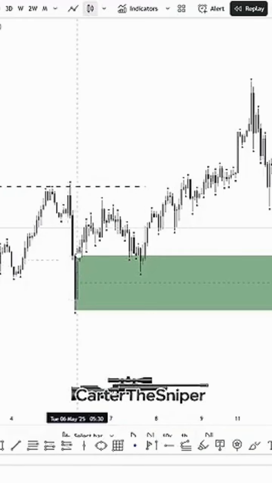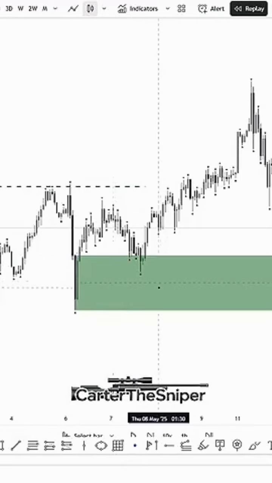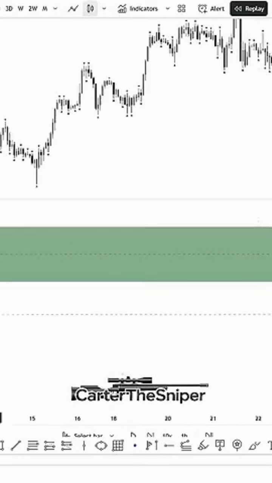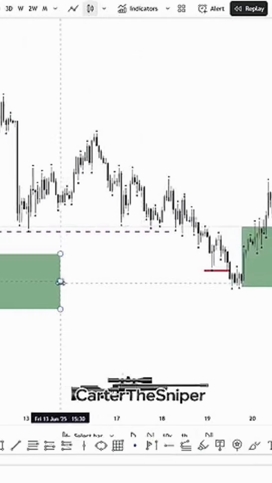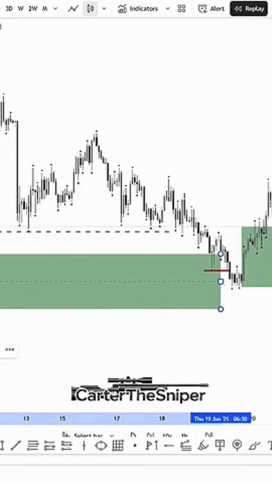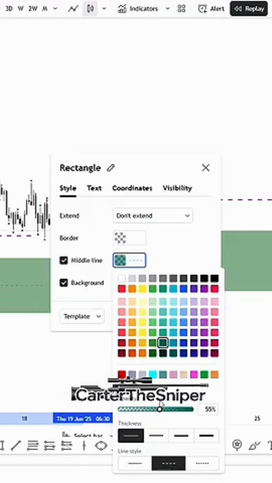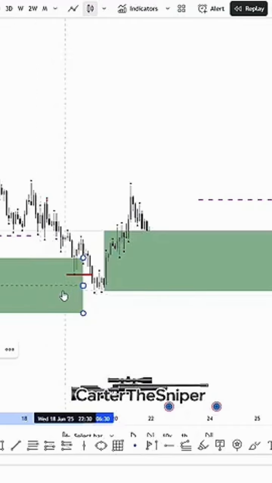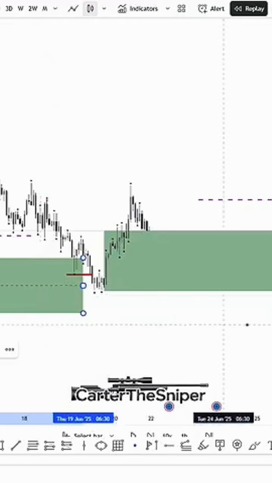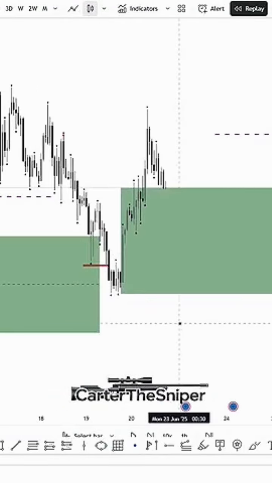Midpoint. The midpoint of this candle, we haven't hit that yet. So there's still a possibility we could come back down and hit that midpoint. That midpoint would be the discounted area. So let's see if we hit that. I'm doing this on an hourly. On a lower time frame, you can refine it all the way down to the minute. Now look, this point came, it still hasn't hit the midpoint. The midpoint is this middle line that you see. Just make it black. See how we haven't hit this midpoint. We come and hit it here. Now you're asking me, what is the entry protocol? What do we come